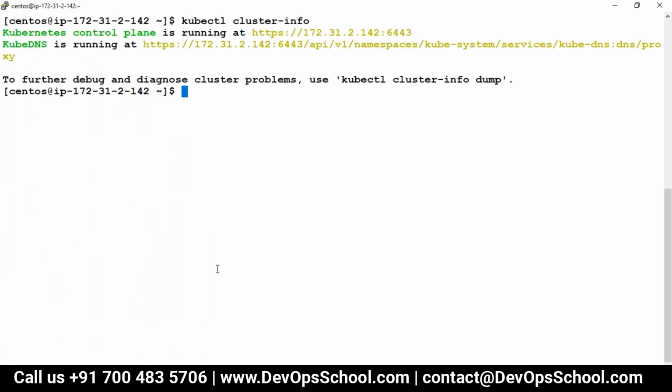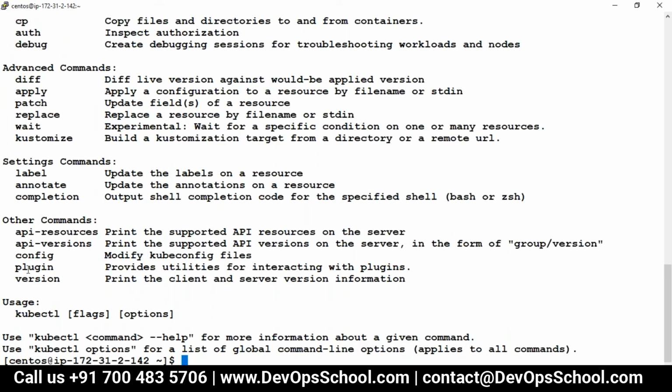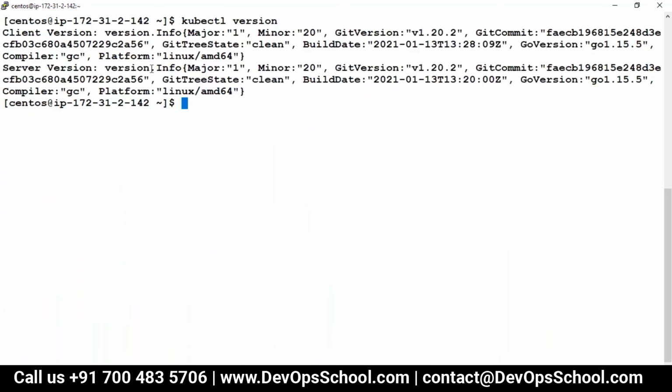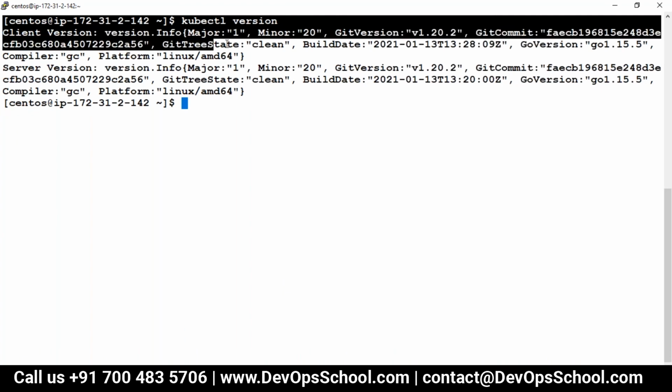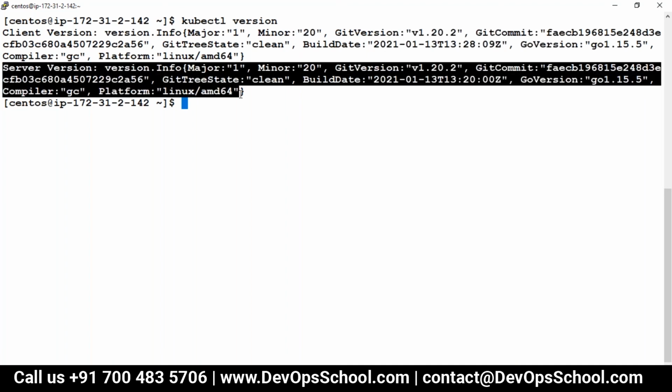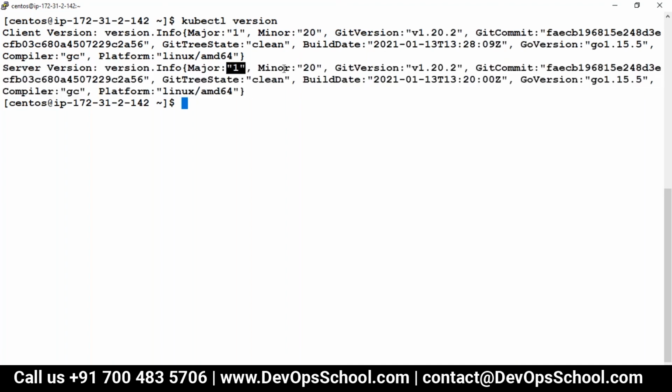Okay, so many things are there. Use it properly. Now I have a curiosity: which version of the kubectl client are we using? So here if I put this, see here, in your workstation you are using version 1.20. In the server, which version are you using? 1.20.